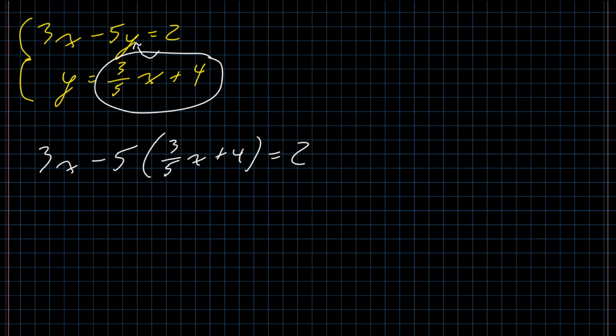And then start going from there. Distribute. So we have 3x minus 5 times 3/5 is 3 times x, and then minus 5 times 4 is minus 20,